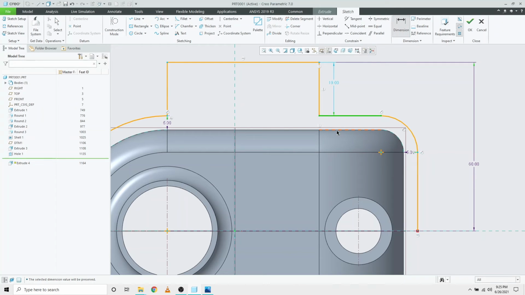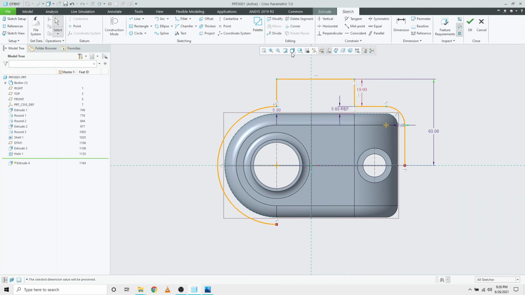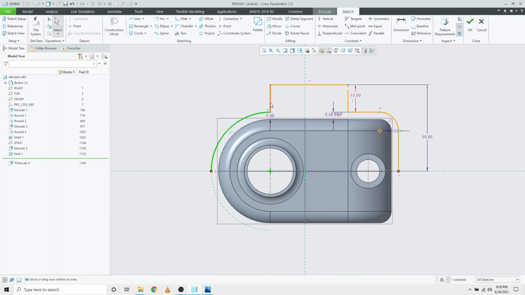Click here, make a dimension of 5, which is already there. It's a reference dimension, so I can make this a strong dimension. What I'm gonna do now is, since this sketch is symmetric about the center line, once I have created this part, I can just mirror it about this line and make a consequent mirrored line which is the same as on the top side. I'm gonna pick the delete segment command and delete it. I'm gonna pick this chain by holding Control, press mirror, pick the line, and you are done.